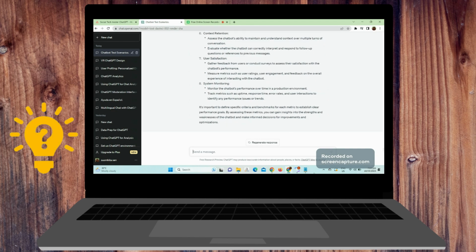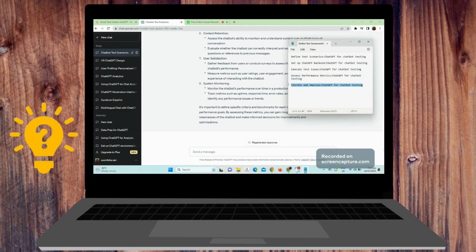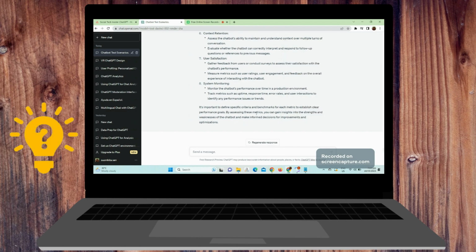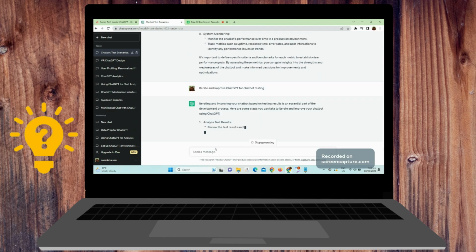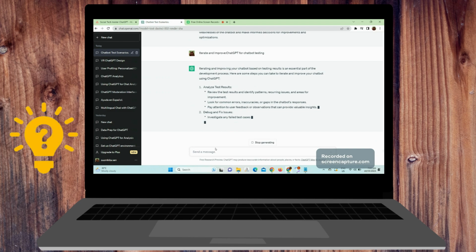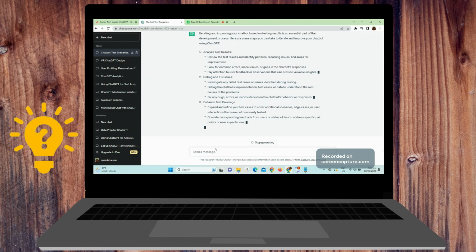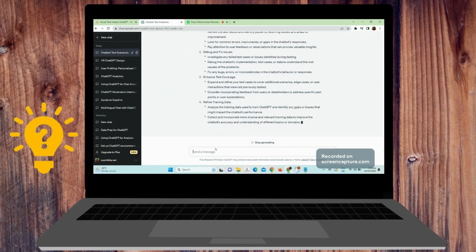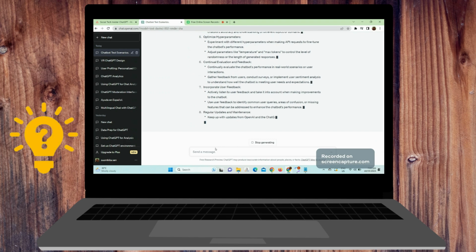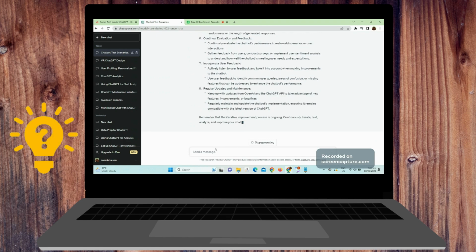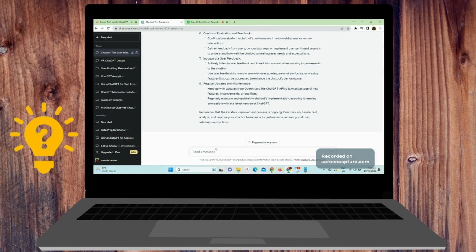Last is iterate and improve. Based on the test results, identify areas for improvement in the chatbot's responses, behavior, or functionality. Analyze test logs and user feedback to uncover patterns, common issues, or potential bottlenecks. Iterate on the chatbot's implementation, refining the conversational flow, expanding training data, or fine-tuning the ChatGPT model to enhance its